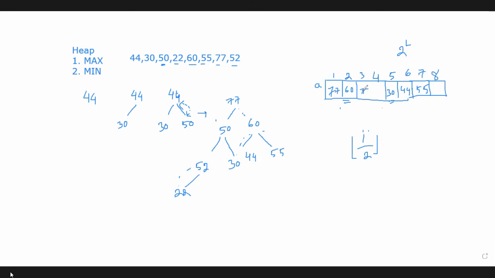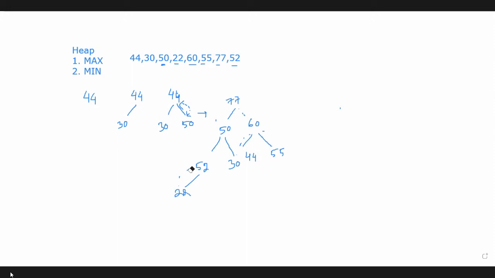What is the value of this node? 77. Why? Is it correct? Look at this. Look at the array. Is it correct? Oh no, I'm sorry, ma'am. After adding 77 here, we change two nodes, 77 and 60, isn't it? What will be the sequence of the array? Suppose we didn't change these two nodes, 52 and 22. Okay, so here the left child of 50 is 22. So this will be the array actually.